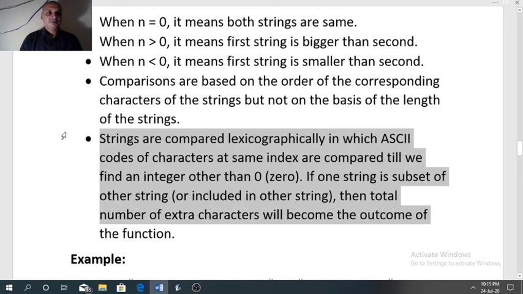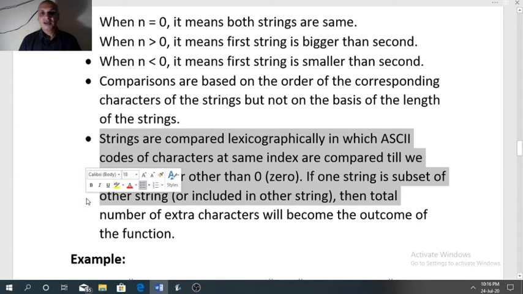See once more. Strings are compared lexicographically, in which ASCII codes of characters at same index are compared till we find an integer other than 0. Other than 0, it can be negative or positive. So as soon as you find an integer other than 0, then comparison will stop and the value, that is the difference of the ASCII code, will become the answer.